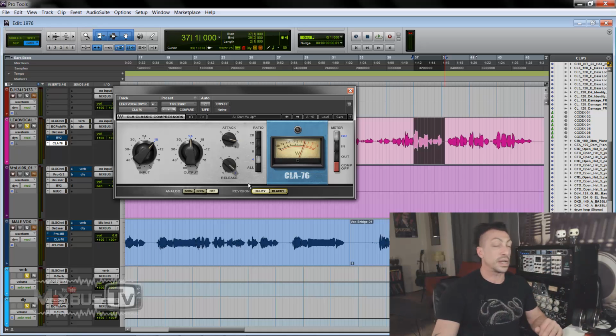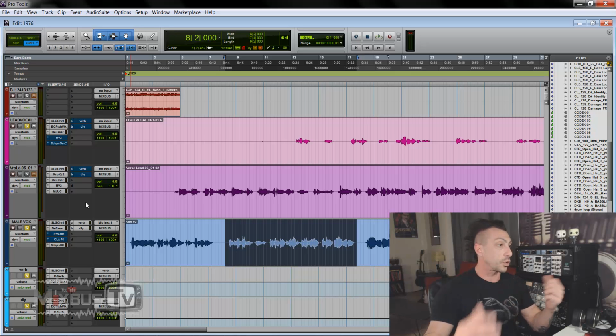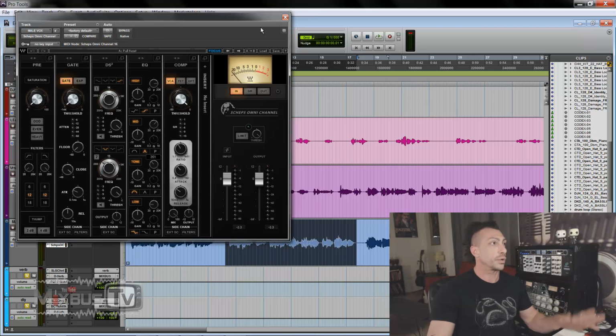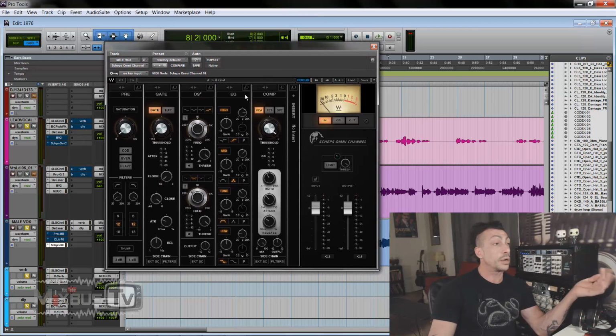Anyway, CLA 76 is definitely one of my favorites for vocals, rap vocals or rock vocals. That's one of my go-tos. The next one is not just a great, very versatile compressor, but a great, very versatile channel strip: the Sheps OmniChannel. Everything in this plugin is great, from the preamp stage with all the different saturation to